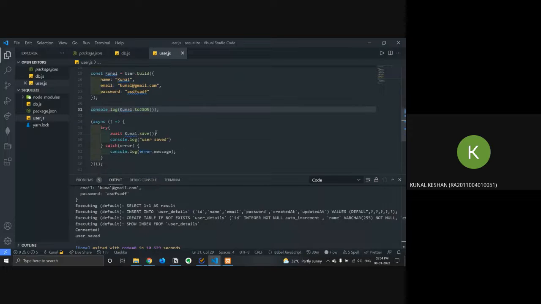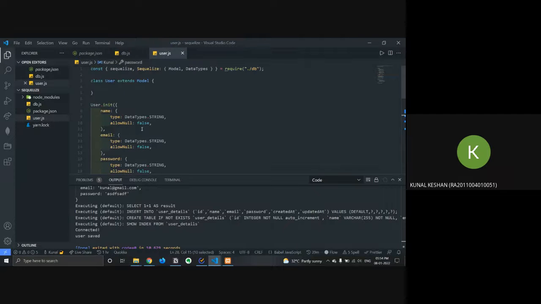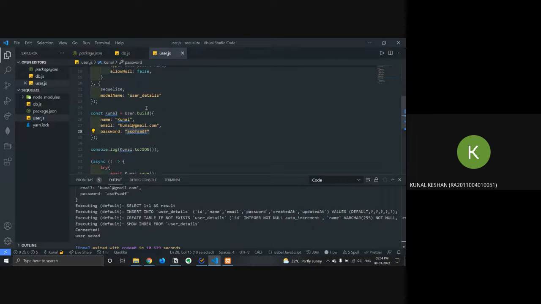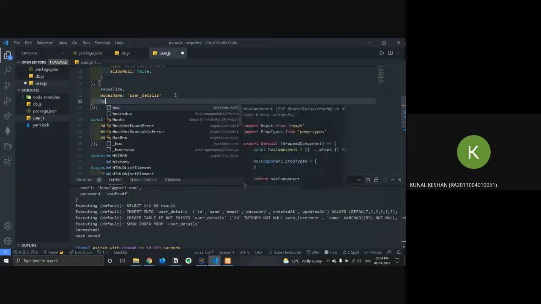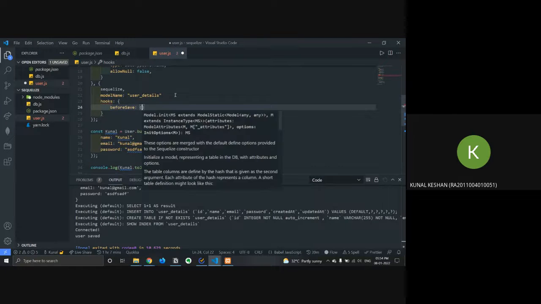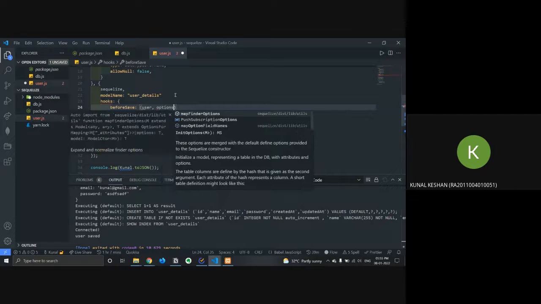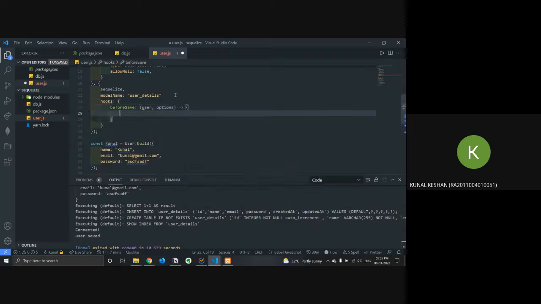So say, before I do the dot save, I want to take this password and hash it, right? How would I do it? I just have to come over here and put before save, and it calls a function. That function takes in two things: the instance and some options. We'll just do an arrow function over here.